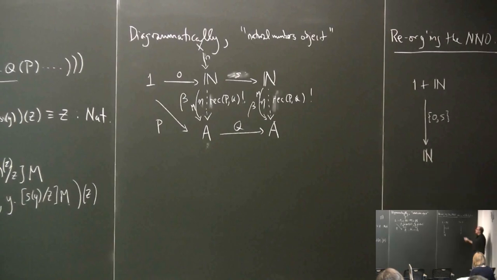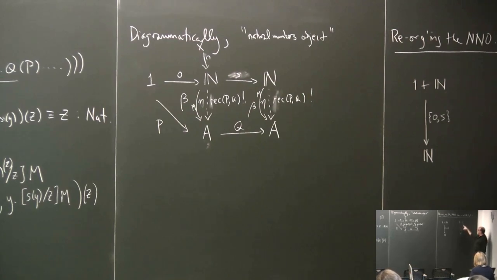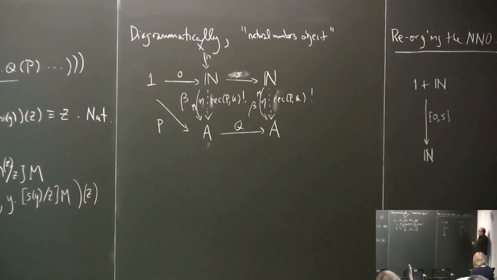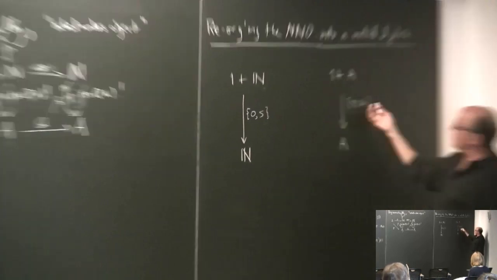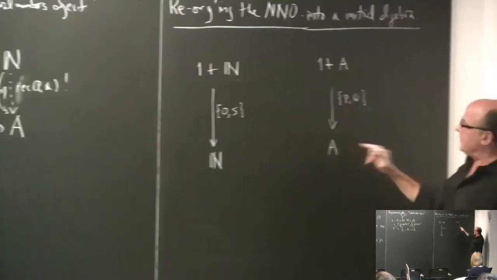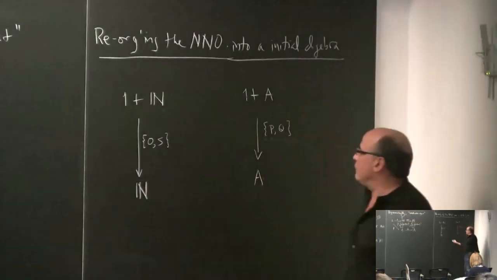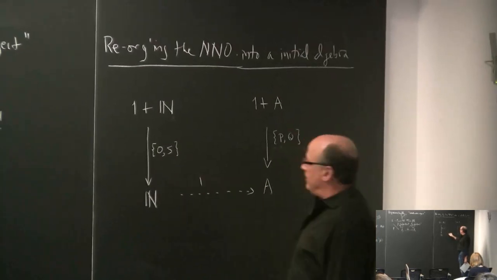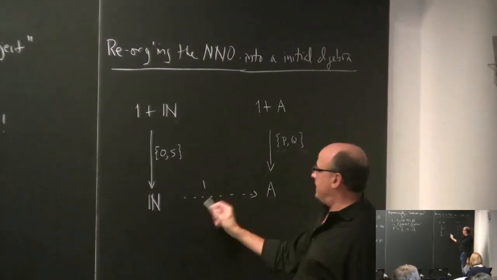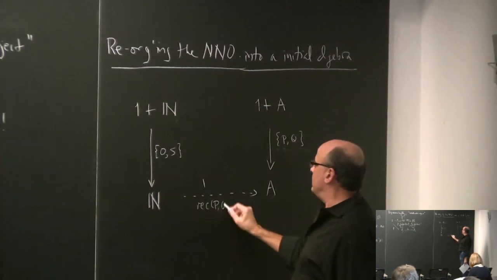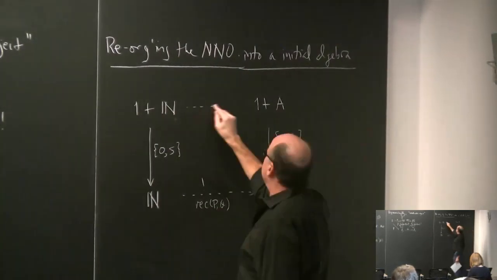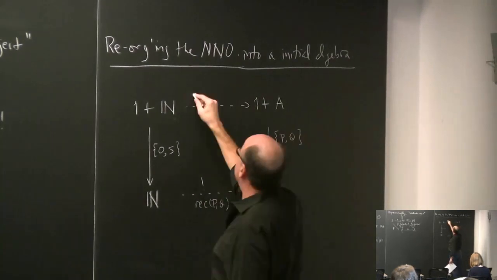such thing that looks like that, where it's of the form, I've been calling it P and Q, which is the basis. It goes from 1 to A and A to A, because remember, this is case analysis. The curly braces is case analyze, and on the left case do P, and on the right case do Q. So it consists of 2 maps, one from 1 to A and one from A to A. All I'm doing is re-parenthesizing this diagram. Then what you say is that there is a unique map here, which is going to be, as before, the recursor, rec PQ, such that this diagram commutes,